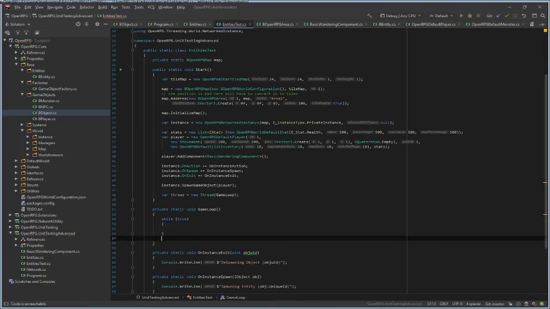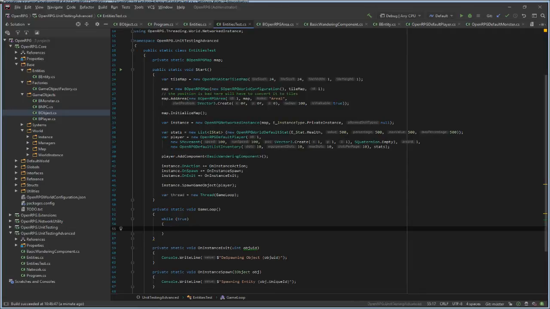Oh, I don't have to break anything. No, don't even have to return. While map dot initialized, map. I need the instance. Wait, do I update instances? Instance dot update.